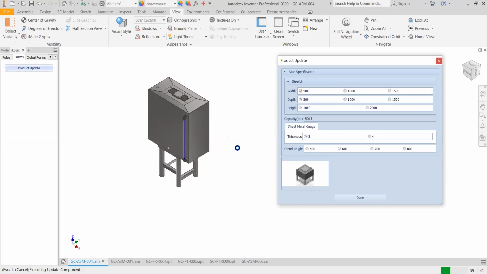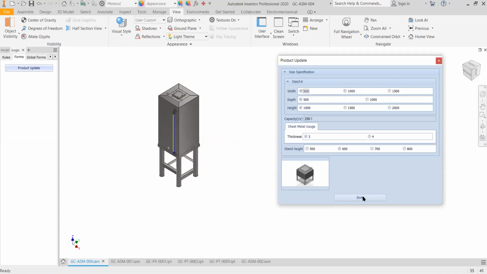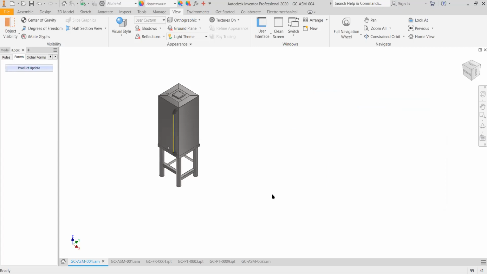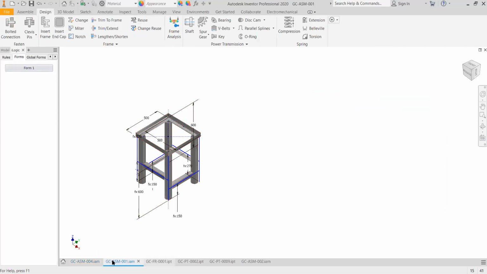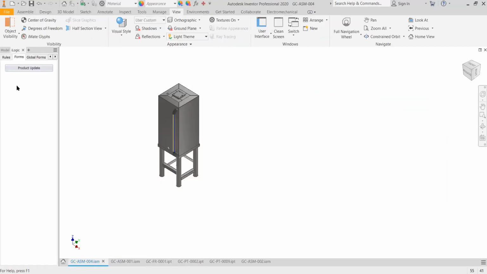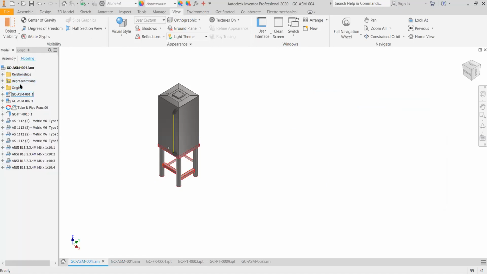accordingly. So that's what it's doing. It takes a while, and it is taking over the dimensions from that subassembly. So it's more or less like you controlling a subassembly with another subassembly. So let me move on to the next assembly, which is the body right in here, which is this one